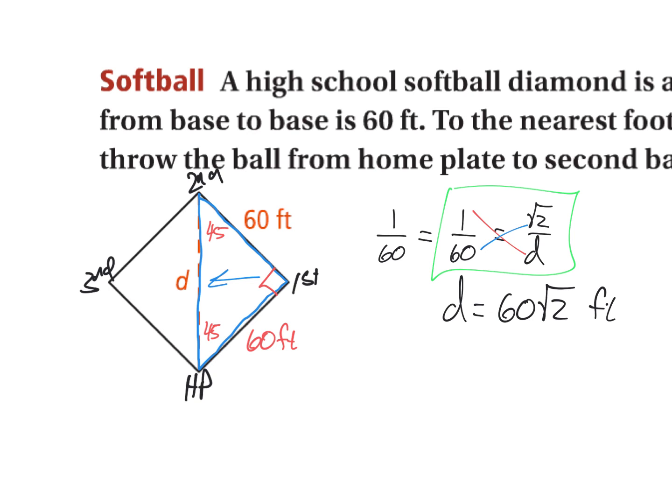But here's the thing. That is an exact answer written in simplest radical form. These are words that you have heard me say before. That's an exact answer. They didn't want an exact answer. They wanted it rounded to the nearest foot. So we need to grab our calculators and we need to actually multiply that out. 60 times the square root of 2. And according to my calculations, that is going to give us a distance of